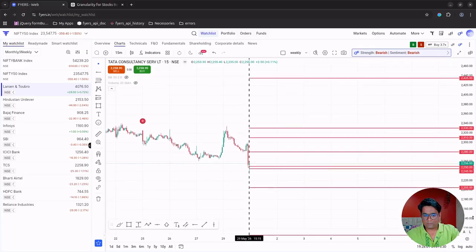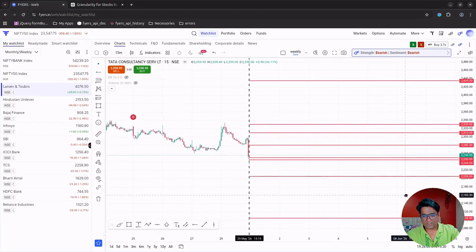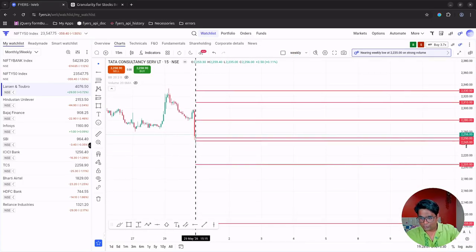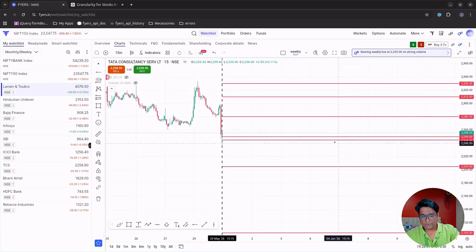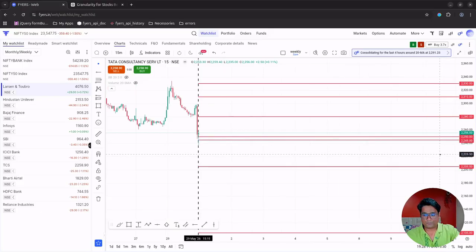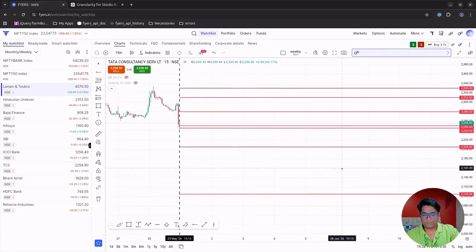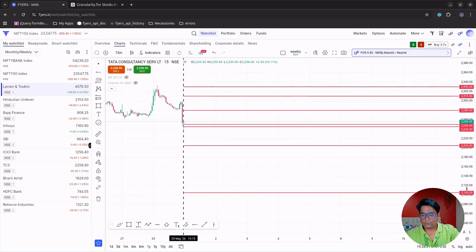TCS, we have, yes, we have these two key levels clustered together, so treat this as a support zone. 2250, 2240, 2280, 2210, 2330, and then 2435 directly. Below we have 2205 and 2105.